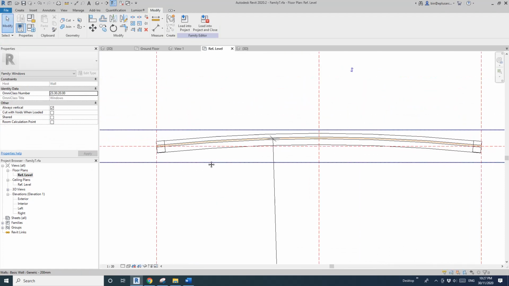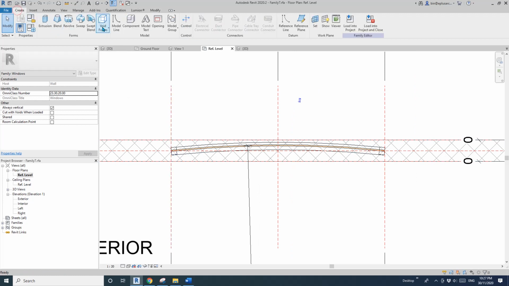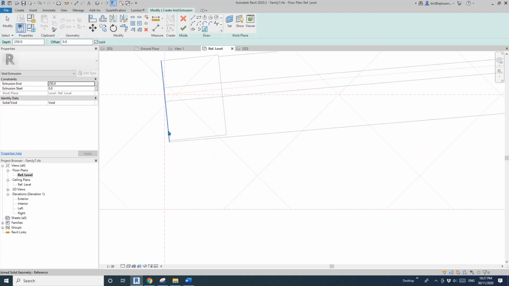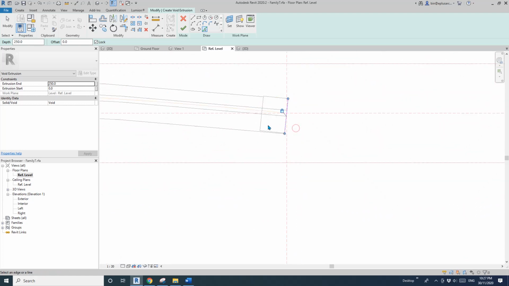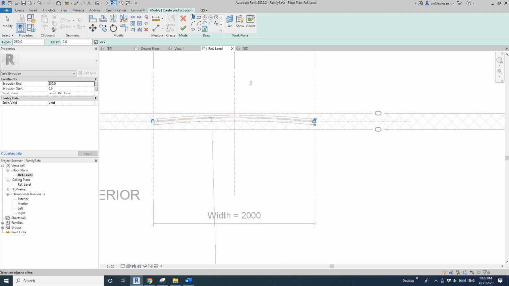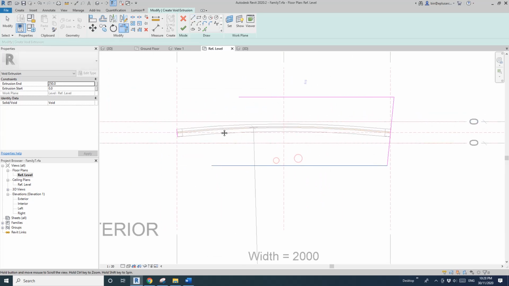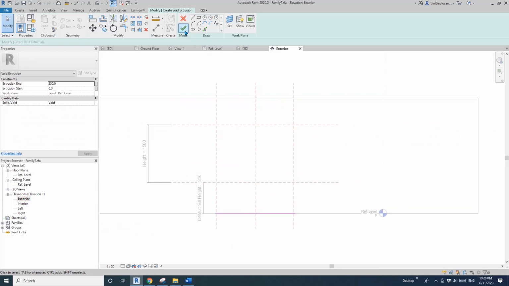Now let's go to floor plan. So what we need to do is create a void. So create void extrusion, pick line. I'll just have this locked. Okay, and then pick this edge of the window frame and this edge of the window frame. So now just roughly draw another 2 lines and then trim, and actually go to elevation and then